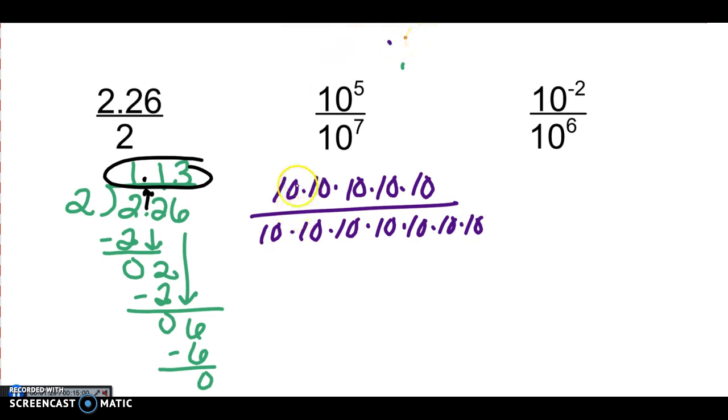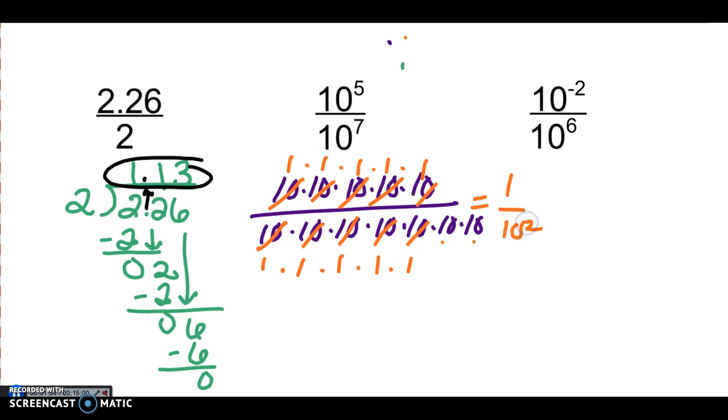are in common. So you have 10 and 10. 10 divided by 10 is 1, and that's true for each of the five pairs. So on the numerator, you're left with 1 times 1 times 1 times 1 times 1, which equals 1. And in the denominator, you have 1 times 1 times 1 times 1 times 1 times 10, which is 10